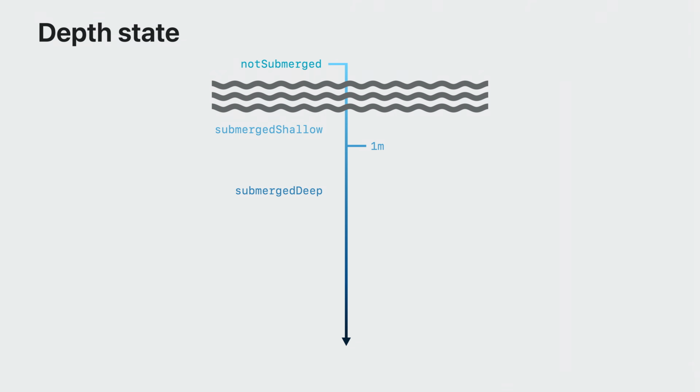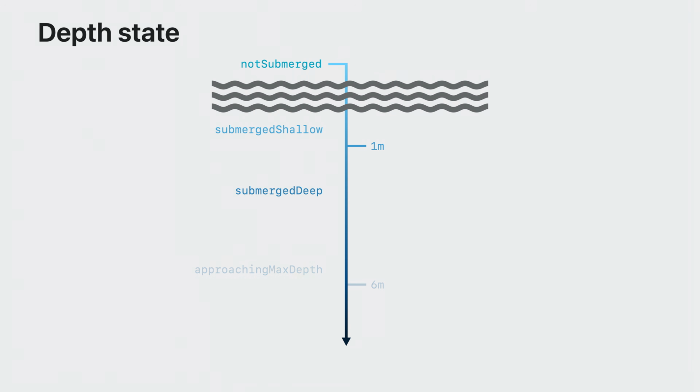With the shallow depth and pressure capability, it's easy to ensure users of your app stay within depth zones that minimize the risk of decompression sickness. It keeps the maximum depth at 6 meters and lets you know when you're close to that depth. You can use the maximum depth property to check the depth being monitored for.